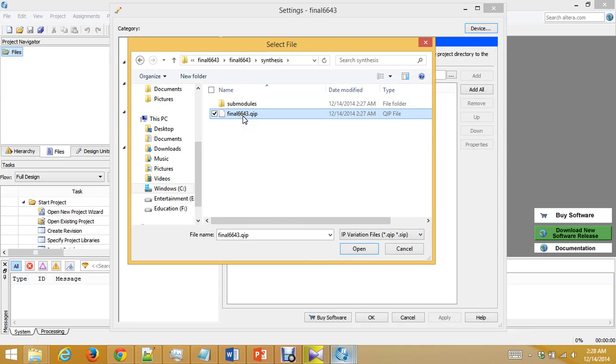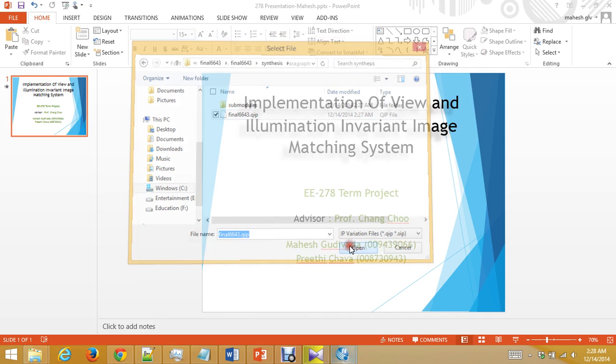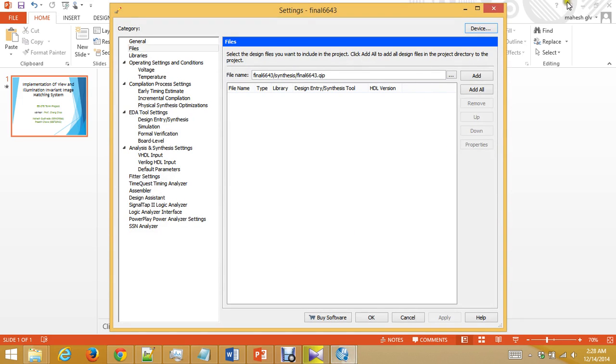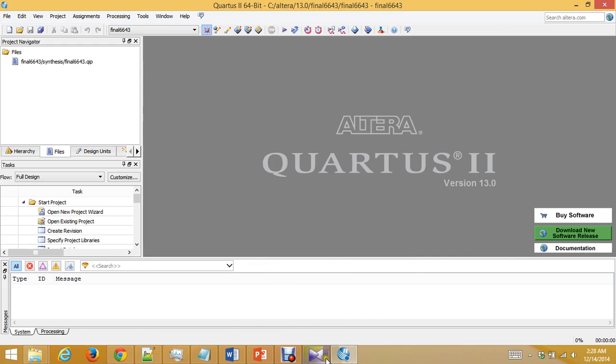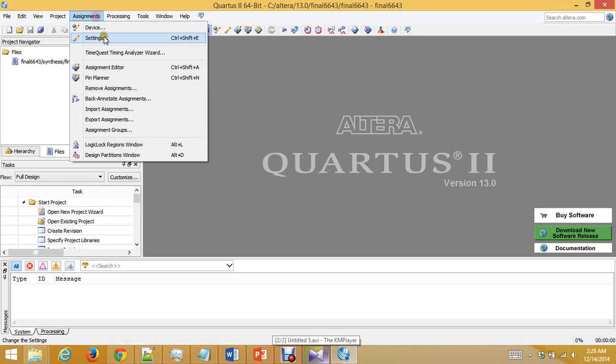This basically represents the entire submodules which are there inside all the Verilog files of the submodules. So we are bringing it in here. We add that, and okay. So in the Quartus, now we assign the pins